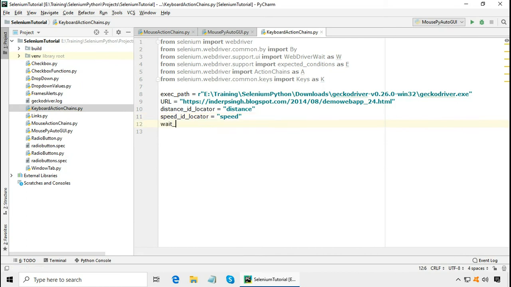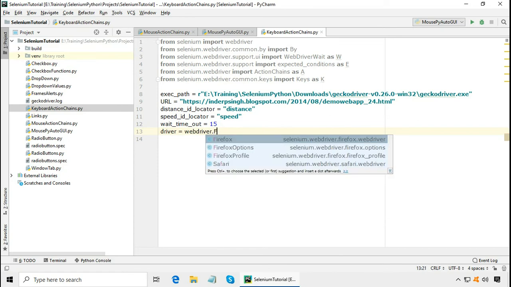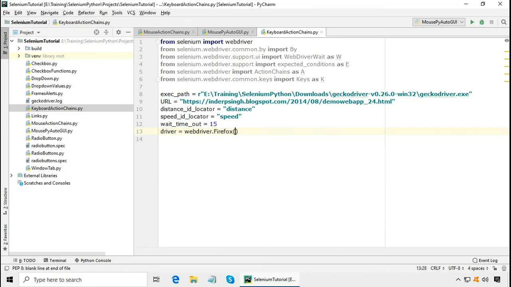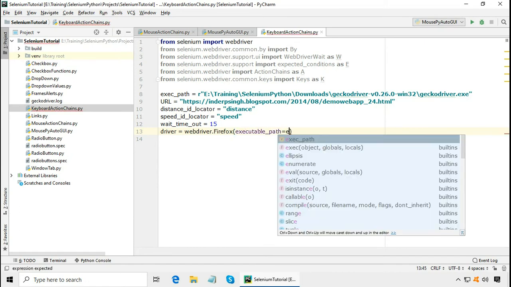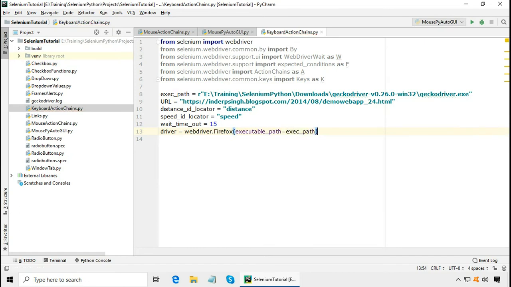Then we need a wait timeout. Let us keep it 15 seconds. We need this for WebDriverWait in Python. Then we need to define the driver variable. Driver is equal to webdriver dot the name of the browser that you want to use, and we have to give the executable path, which is the exact path defined above.